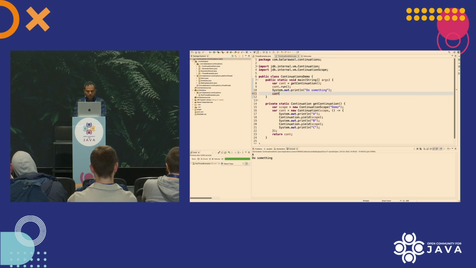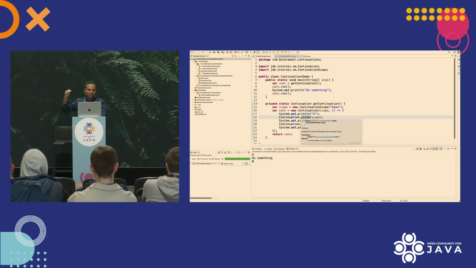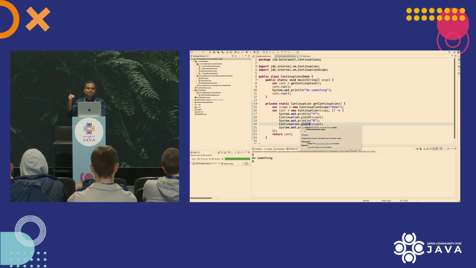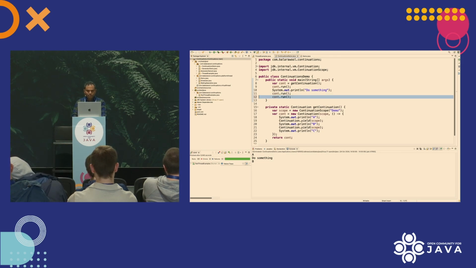How can I continue the continuation further? Well, I can call continuation.run once again. And if I do that, it takes me back in the continuation, in the runnable, at the point where it was paused, and it continues from there. So it basically then runs this statement, it prints B, then it encounters yield once again, so it pauses there. And the control again comes back to here immediately after continuation.run, and I can run once again so that it can continue further. Let's say I don't do anything when I just run, so then it will print C. So basically, it went here, it did this printing, and now the continuation is finished.